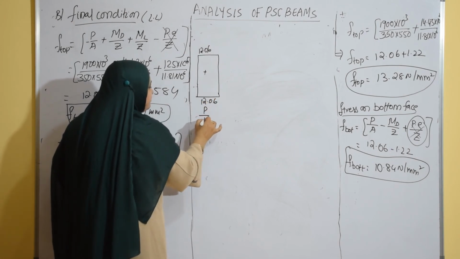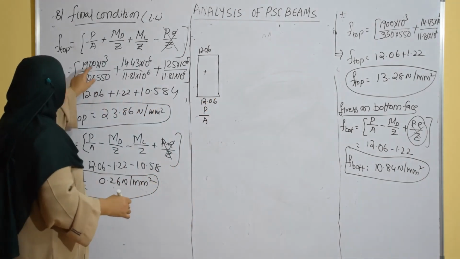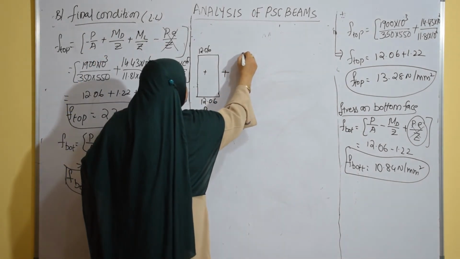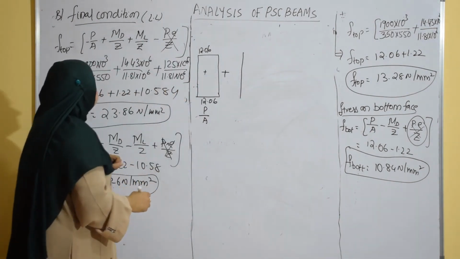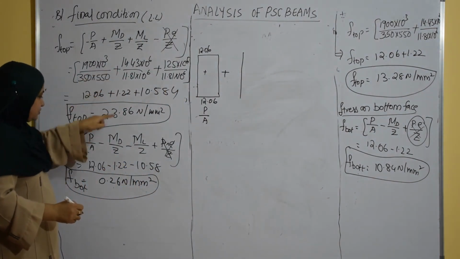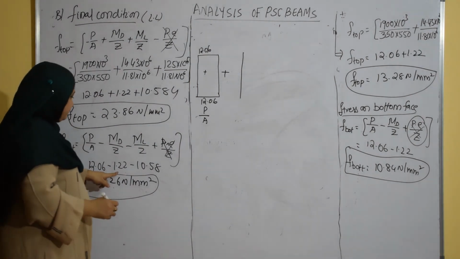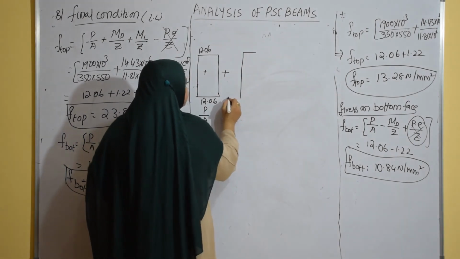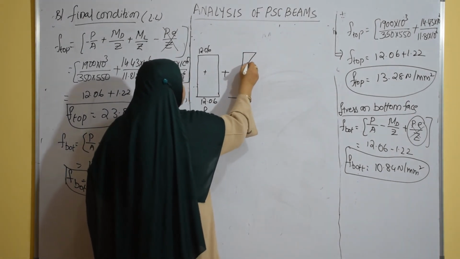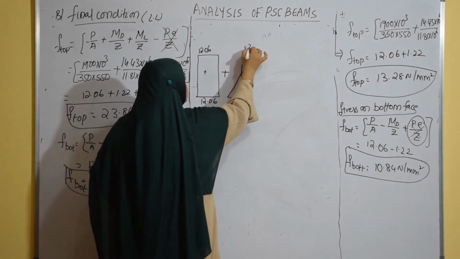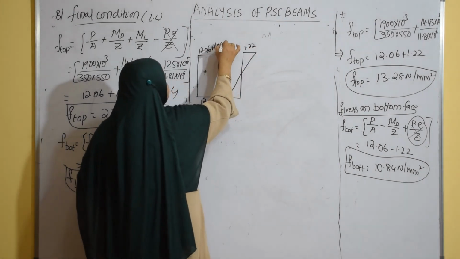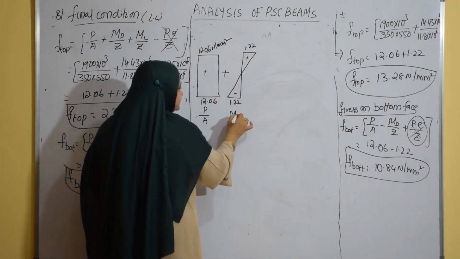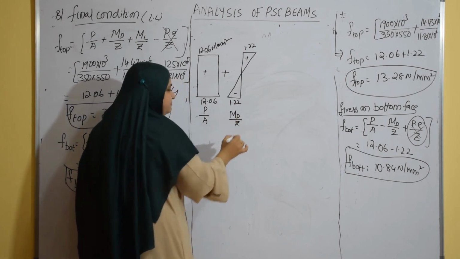So I am drawing the stress components. Okay? Then comes dead load bending moment. Stress due to the dead load bending moment. Okay? You can see it is 1.22, 1.22. Fine? But one is positive, one is negative. So I'll just take positive this side, negative this side. Okay? So 1.22, 1.22. They're all in Newton per mm square. I need not show because it's a sketch. Okay? This is also 1.22. So this is the stress diagram due to dead load bending moment.